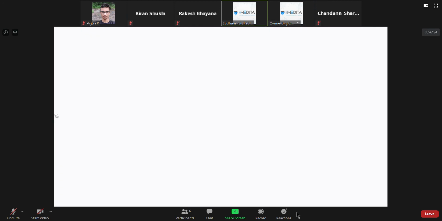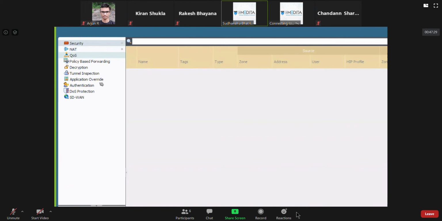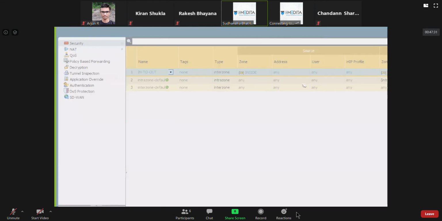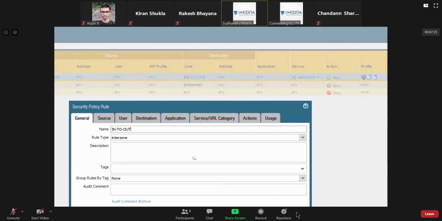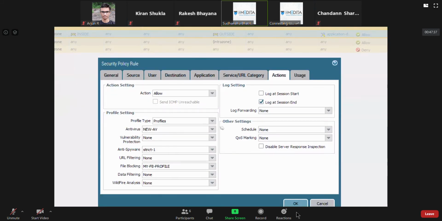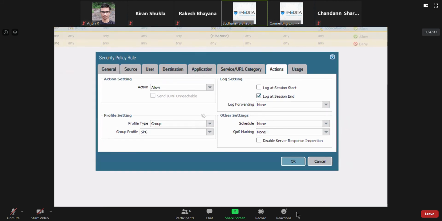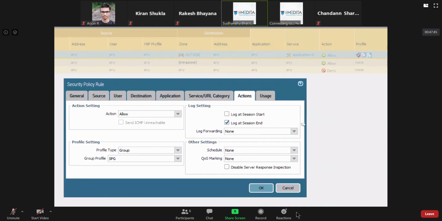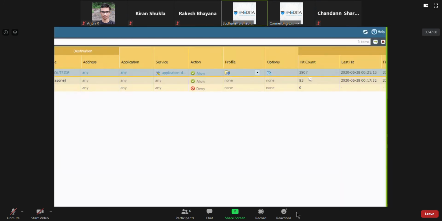So I'll click OK. Once you have the security profile group, you can go to policies, and instead of applying these profiles individually here, you could just go to the actions tab, say group, and select this group. It becomes a little bit easier compared to individually assigning the profiles. Now notice the difference. Previously we had 3 profiles here.